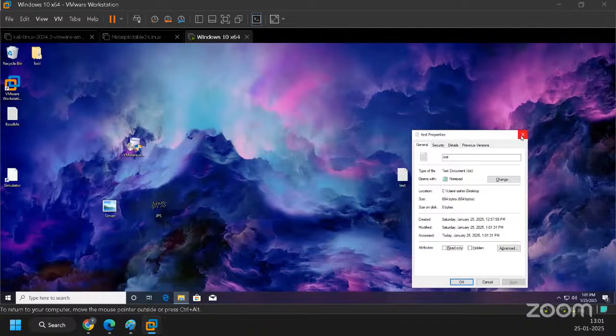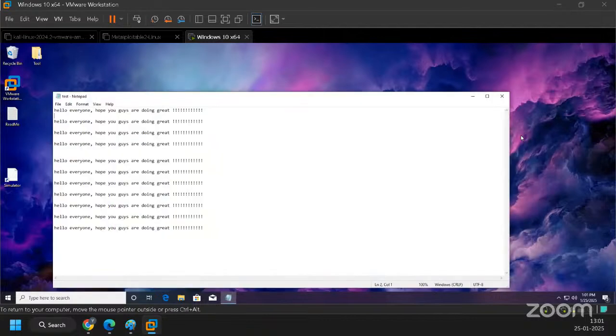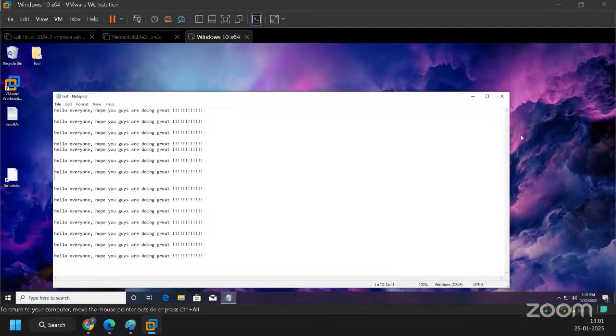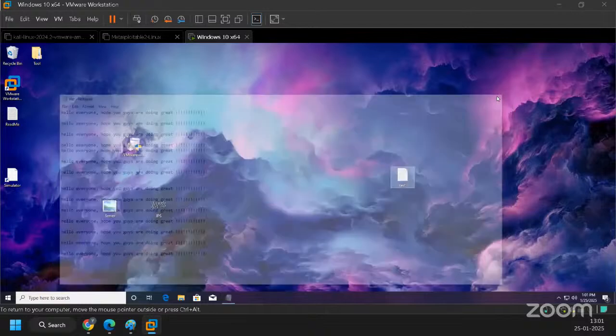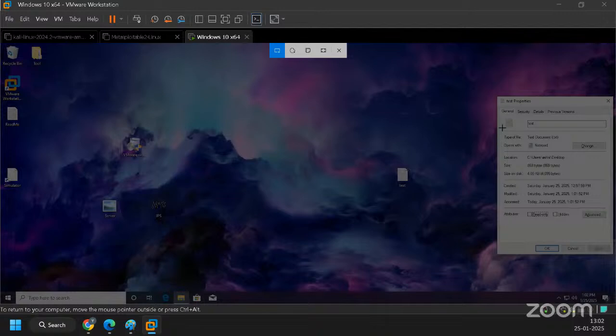Again, we'll look into that and save it over here. Now, again, we will look into the properties. And right now, you guys can see the size of the file is 864 bytes. But now the size on disk is showing us 4 KB. So in this particular scenario, what is happening is